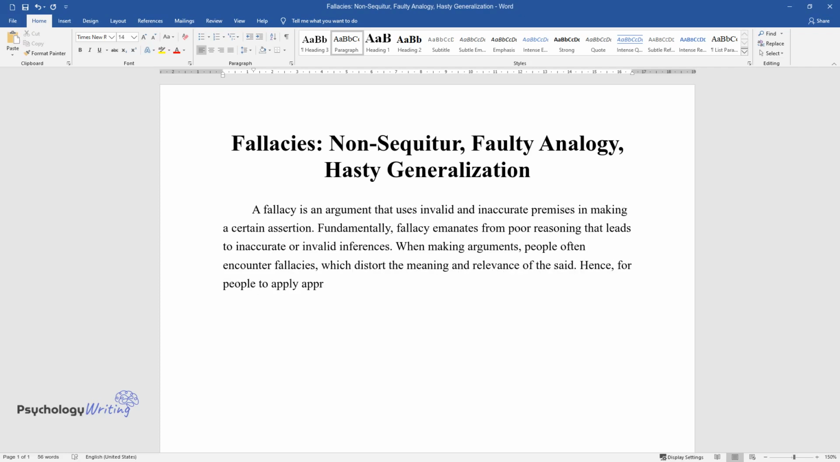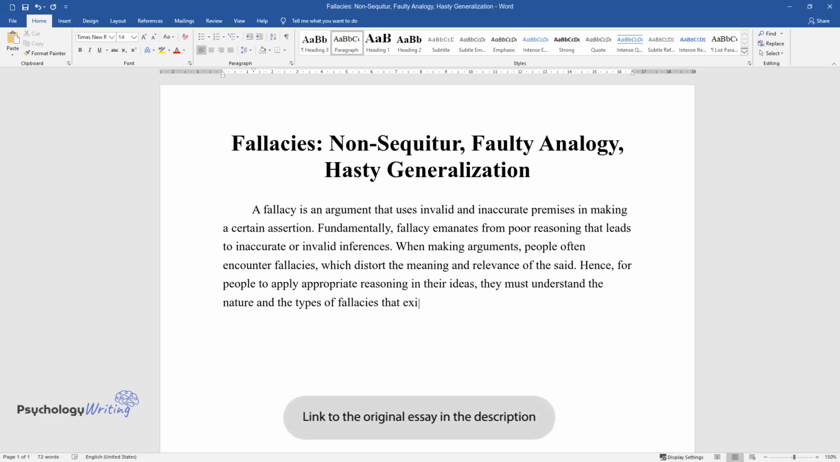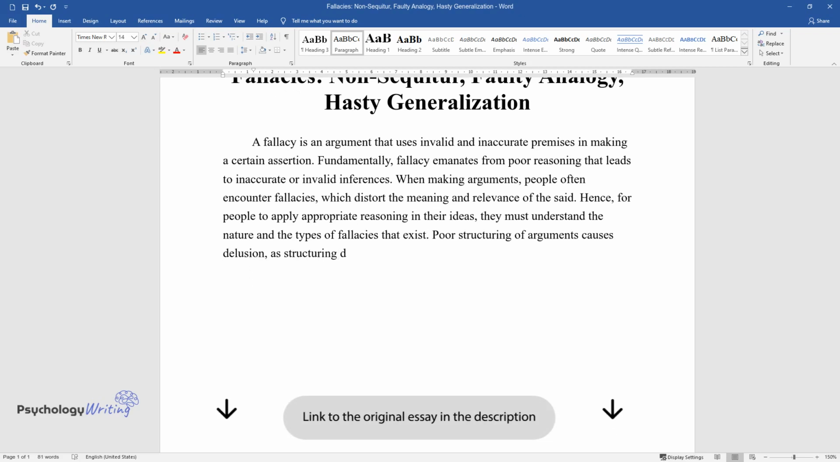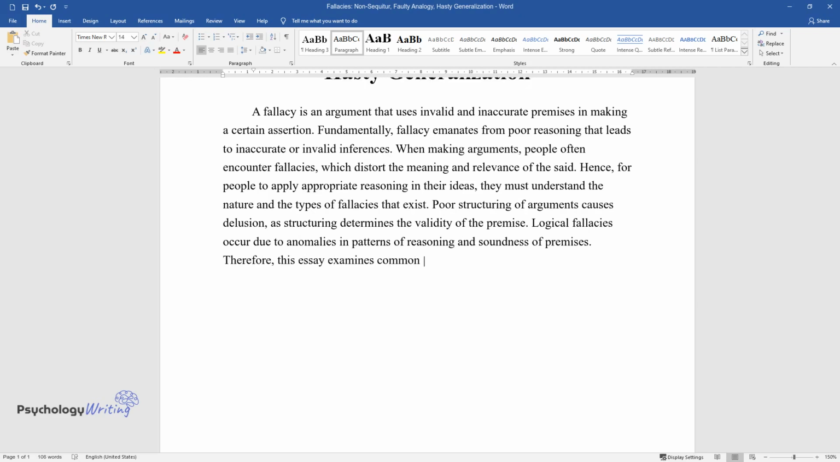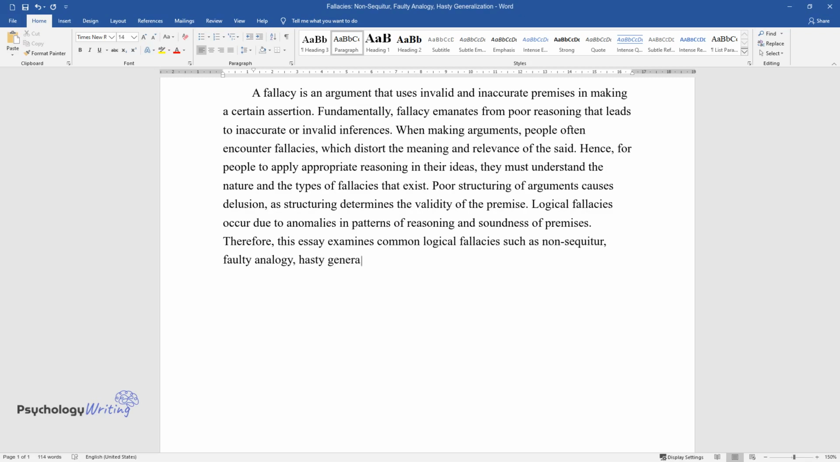Hence, for people to apply appropriate reasoning in their ideas, they must understand the nature and the types of fallacies that exist. Poor structuring of arguments causes delusion, as structuring determines the validity of the premise. Logical fallacies occur due to anomalies in patterns of reasoning and soundness of premises. Therefore, this essay examines common logical fallacies such as non sequitur, faulty analogy, hasty generalization, and equivocation, and provides an